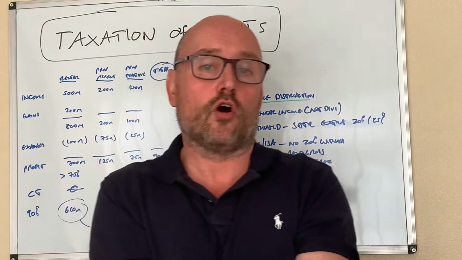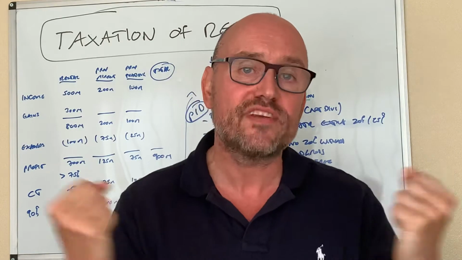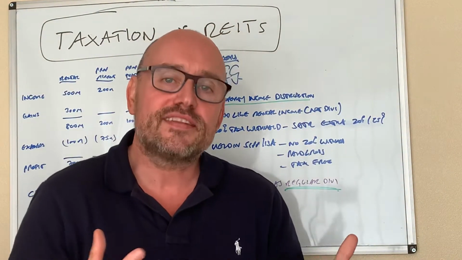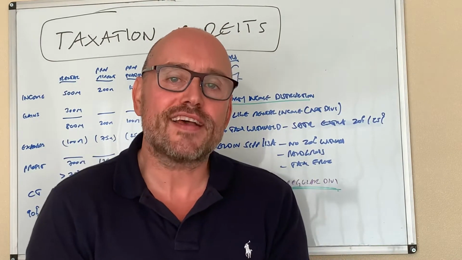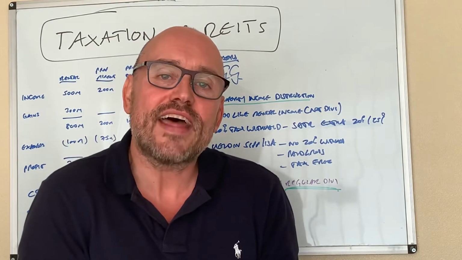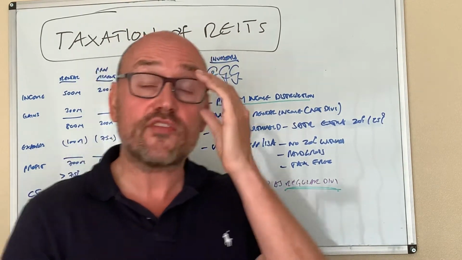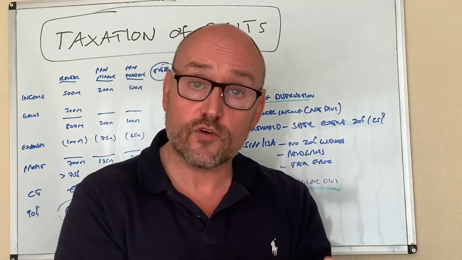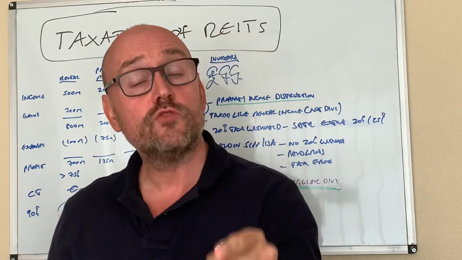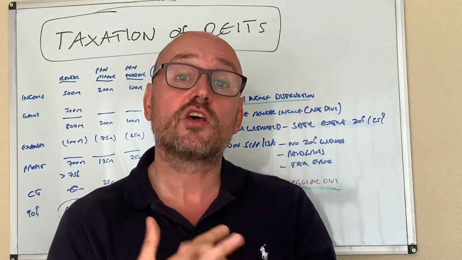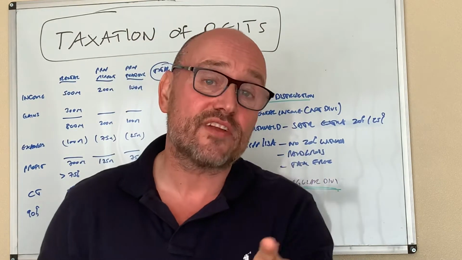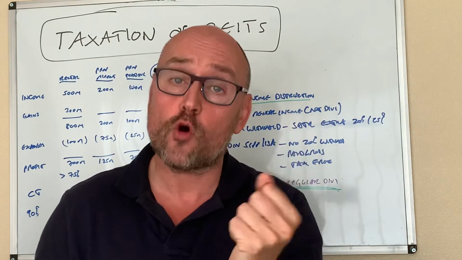So how would that look? How would that be taxed on you as an individual retail investor? Well, it's just taxed like a regular dividend. So like other stocks and shares that you may hold in other FTSE 100 businesses or whatever, you'll receive dividends on those, and that is taxed at the dividend rates of tax. You get the first £2,000 a year tax-free, and then if you're a basic rate taxpayer, you've got dividend tax of just over 8%, and then if you're a higher rate taxpayer, that dividend tax rate is just over 34%.